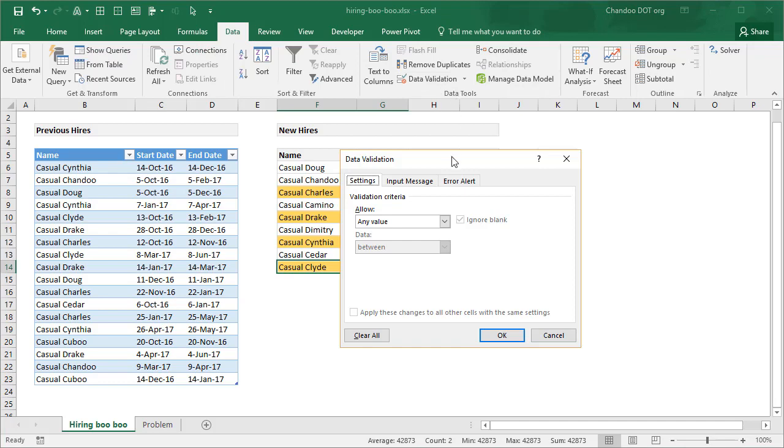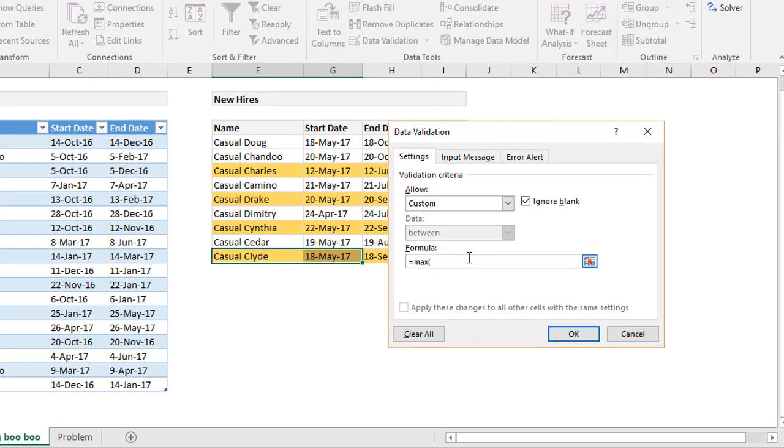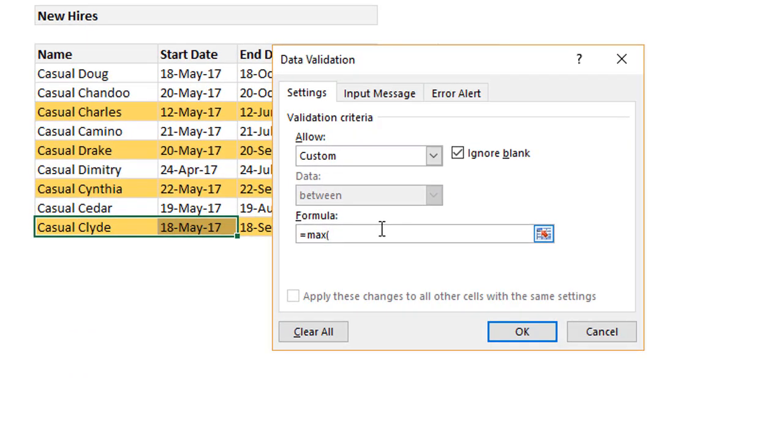Data Validation, and we can allow any value, but what we want is a custom value, custom validation criteria. The criteria should be something like this: is this name and date combination allowed? Okay, so that's the condition here. We could use our MAXIFS formula again. I'll use the MAX IF criteria, because that is max of if names is equal to that one,